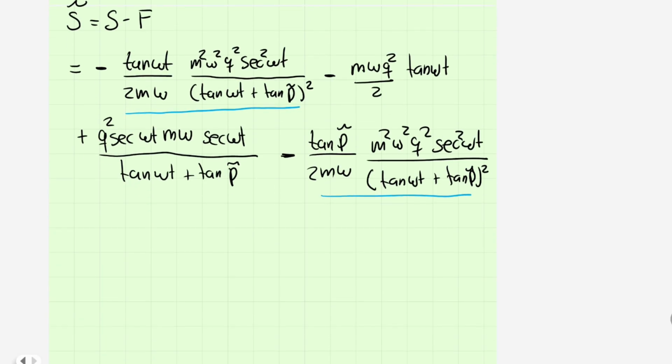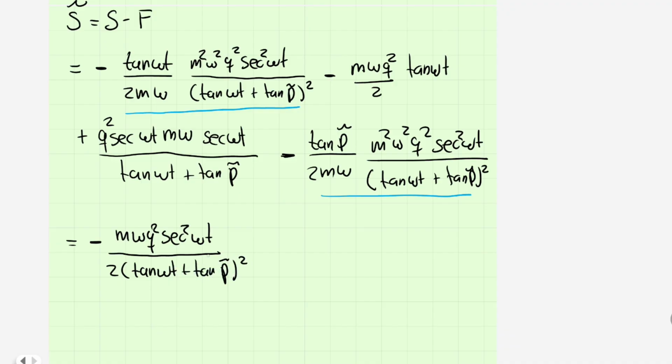So if we take that out, we will get that minus, and let's cancel this m squared with this m and this omega squared with this omega to get m omega q squared secant squared omega t divided by 2 tangent omega t plus tangent p tilde squared, and this is going to multiply tangent omega t plus tangent p tilde,